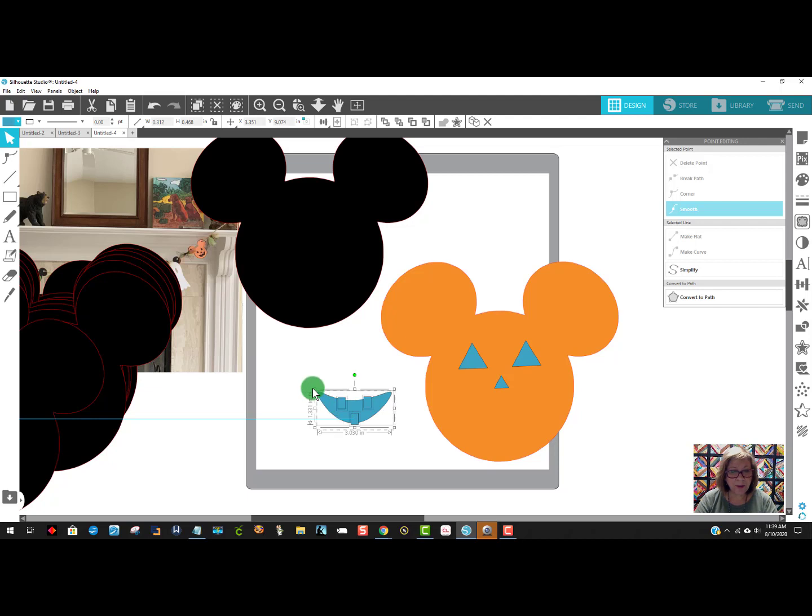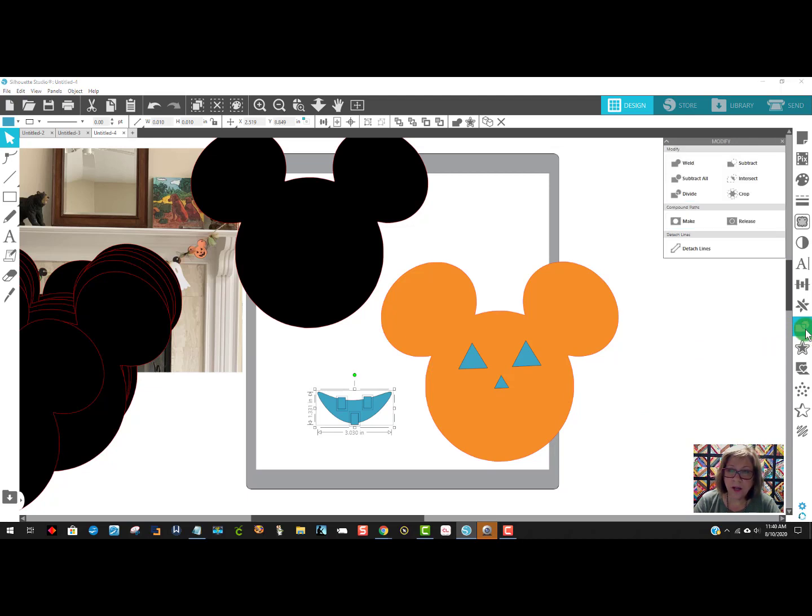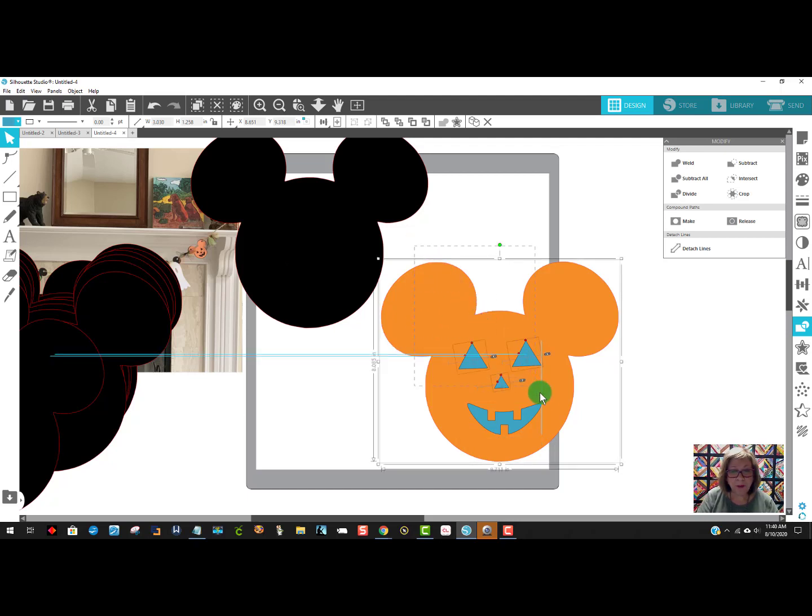Okay. So now I'm going to grab everything, come way over here to the Modify panel that looks like a rectangle with a circle. Click on that. When that opens up, I'm just going to click on Subtract. Okay. So now I can move this into place over here. Now I don't want to have to cut off these little pieces. What I want to have happen is these to be cut out of the orange piece and the black behind to show up. So I'm going to grab all of this stuff